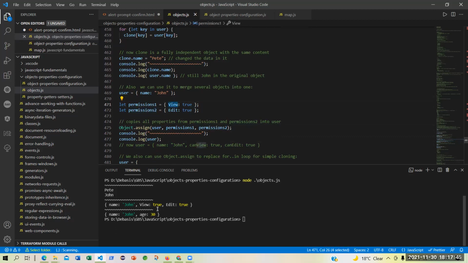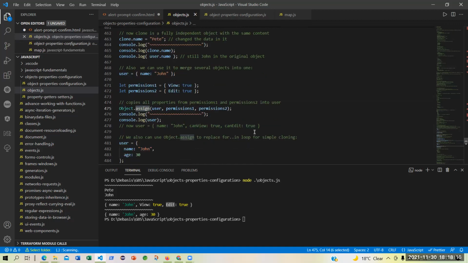Permission 1 is view true. And this is sort of merging. Isn't it merging? You are assigning with an existing object a few more properties. And what are the properties? View and edit. So you are getting view and edit, and the property values are true and true. Fantastic way of doing this, but you are using a shortcut way using assign.